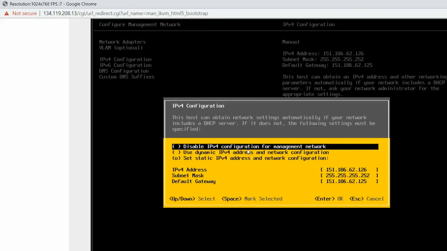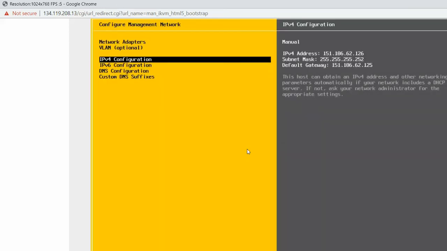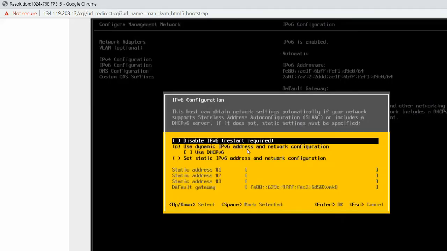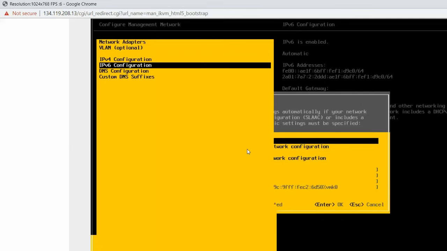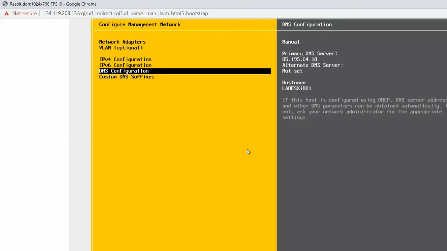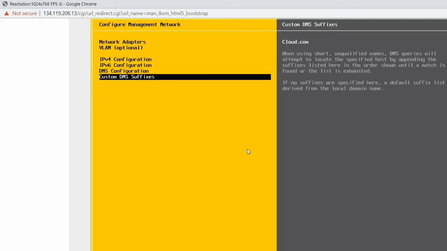For DNS configuration, better I disable IPv6. IPv6 is disabled. DNS configuration is 85.195.64.10, that is also fine. Custom DNS is cloud.com.